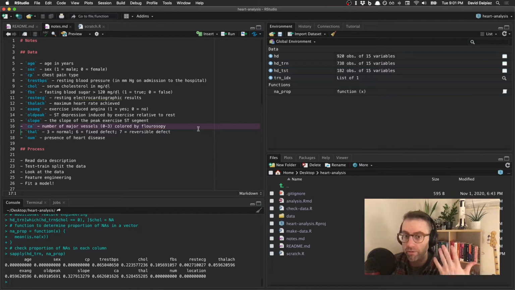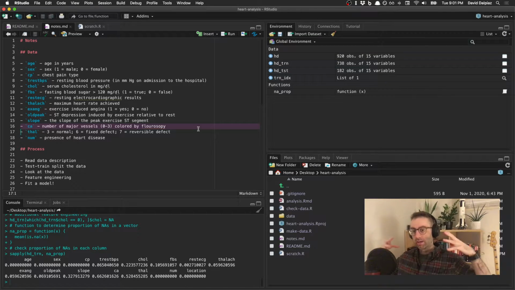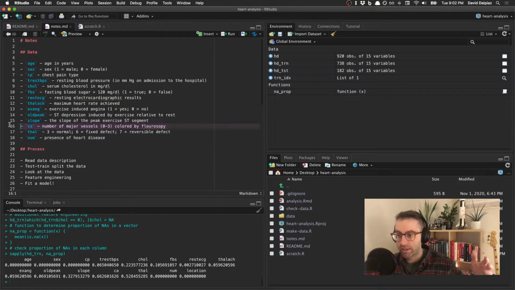But either way, if our whole point here is to make a screening model that would be able to be run with input data that is not difficult to collect, this is either a practitioner-decided number or something that's really hard to obtain. So I'm fine leaving that out. This thal variable,